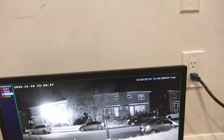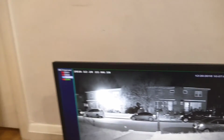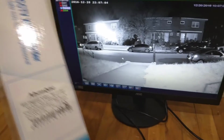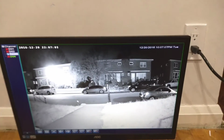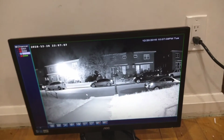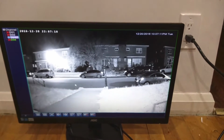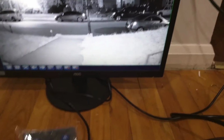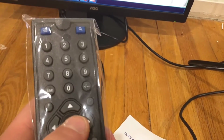But this is how to set up the Abowone DVR. I don't know how to pronounce it. It's really simple to install, as you saw. All you gotta really do is just plug and play to set it up, and you even got a remote here, so you could change around with settings like pressing the menu,